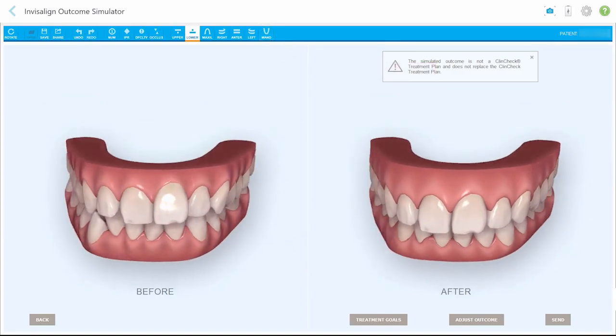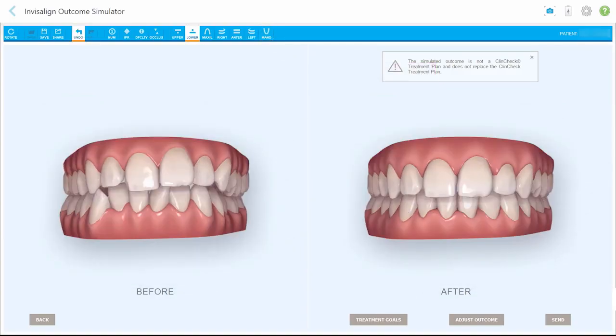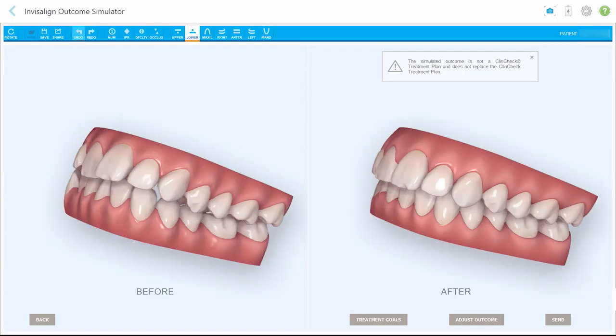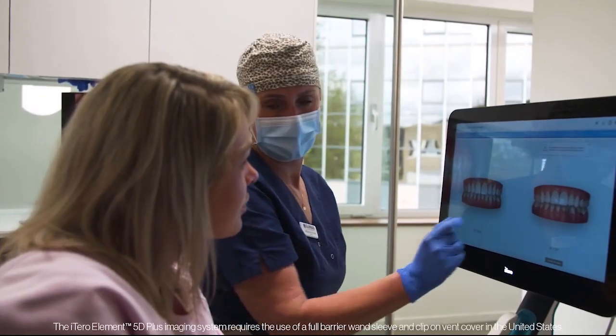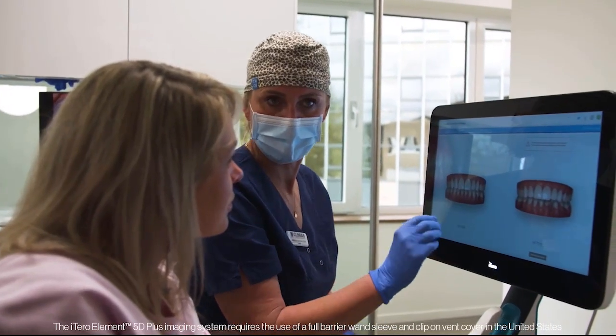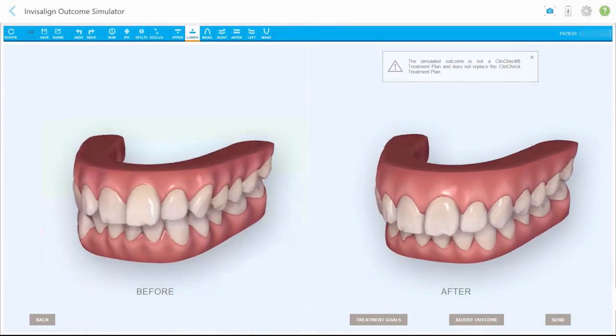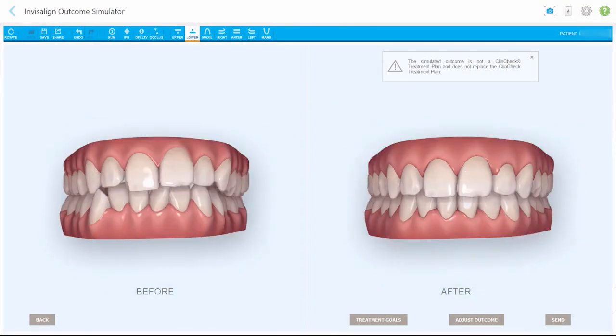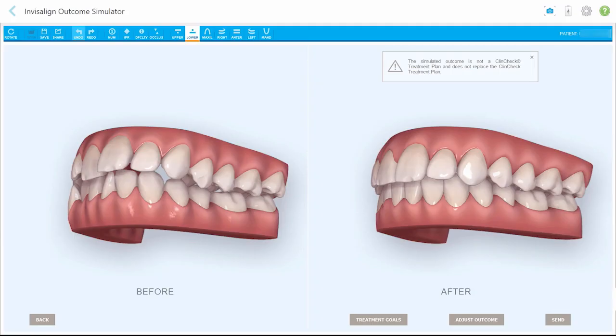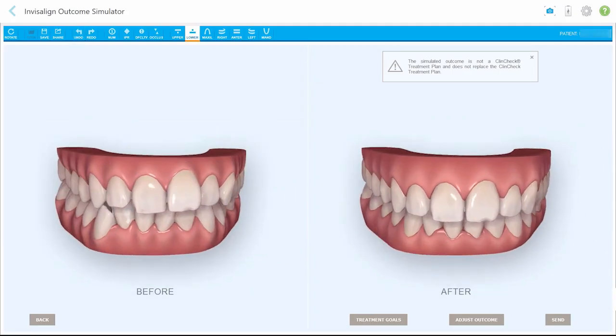You can also drag the model and rotate it freely in each view. These primary views allow you to present the model to the patient and focus on one area of interest at a time. You can also rotate the model manually to show any of these views by dragging the model on the screen. You can also display a side-by-side before and after image by tapping the Back button.